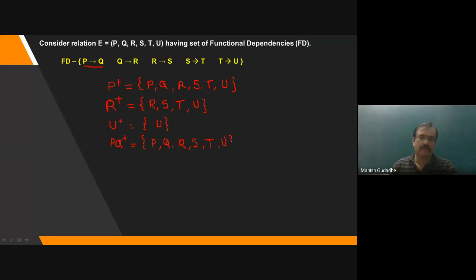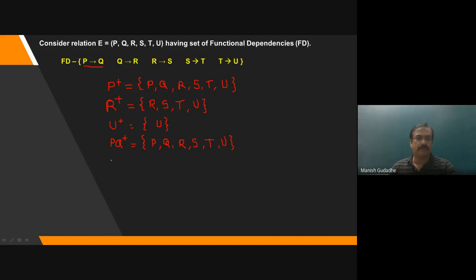Okay. What does this mean? What we are thinking of? The elements which keep coming into the attribute closure can also determine something. And if they are determining something, that will also be part of that attribute closure. Like here, P and Q are further determining R, S, T, U. So Q is determining R, in turn R is determining S. So whatever comes in this set and is determining something will also appear.